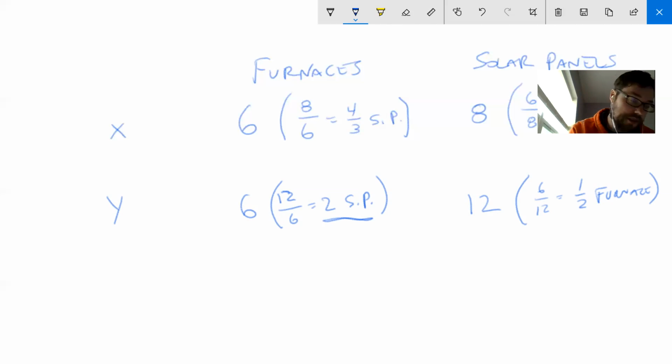And then let's see, part C asked about who had the comparative advantage in furnaces, and then also asked to explain. So again, who's going to have the lower opportunity cost? We're looking at furnaces here. So we've got a price of furnace of 4/3 of a solar panel and 2 solar panels, right? So the answer to part C is going to be country X, and your explanation,